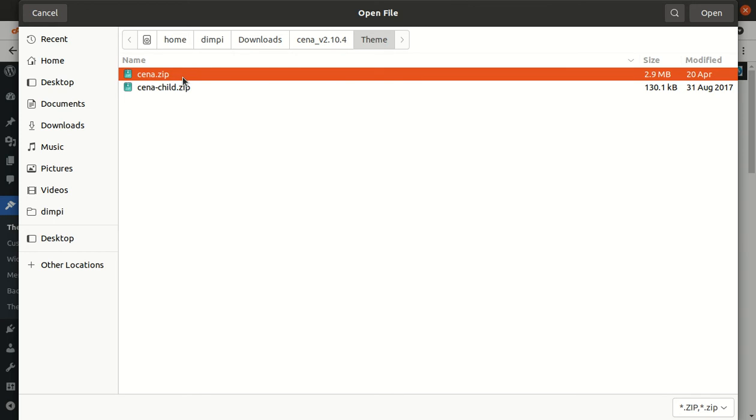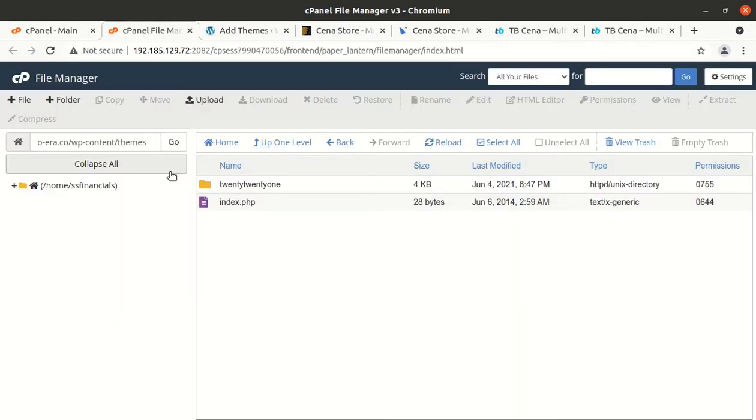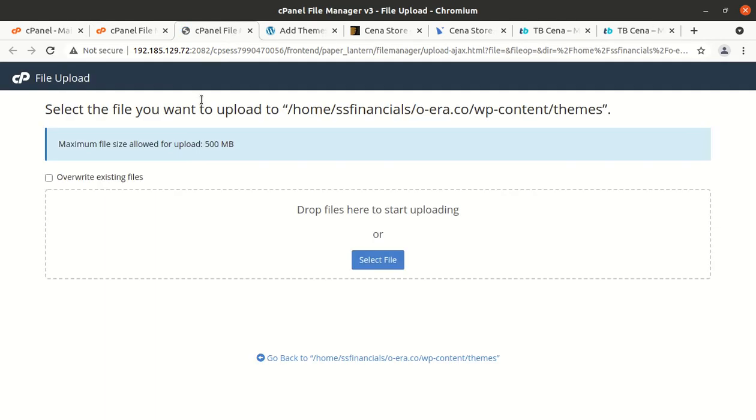Remember the file name is kena.zip, which is under the theme folder. And if you have direct access to your hosting server, you can upload the theme in the wp-content themes folder as well. I am doing the same. It will save some time, and I wish to show you the theme file size.